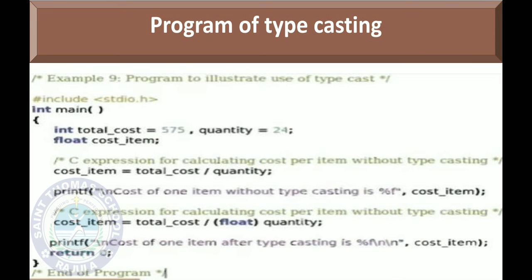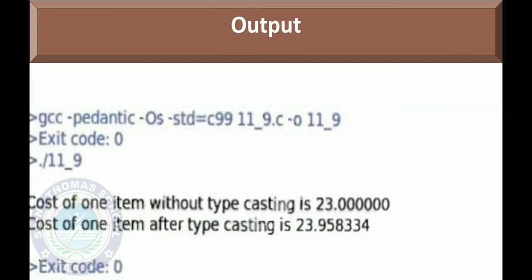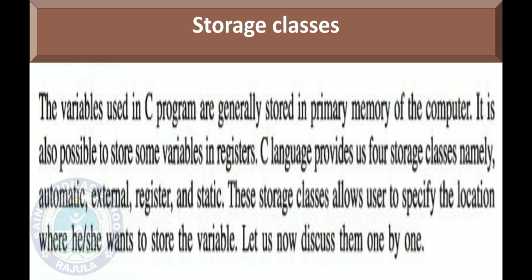Okay, the form in which the answer we want to print is of a float data type, but in the equation we are using, both the variables are of an integer data type. That is why in the second statement I have done the typecast. Then the answer comes with the fractional part in the float value. So like this, we have to do the typecasting some of the time, the internal casting, to get the proper answer. Then the next topic is storage class.